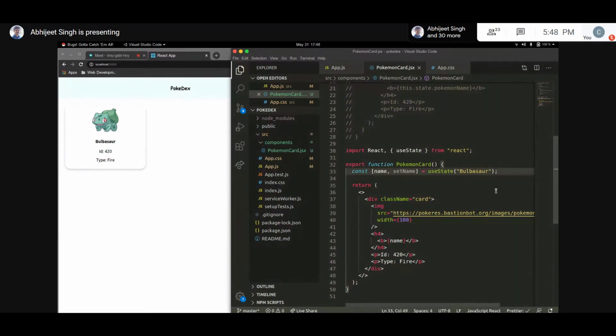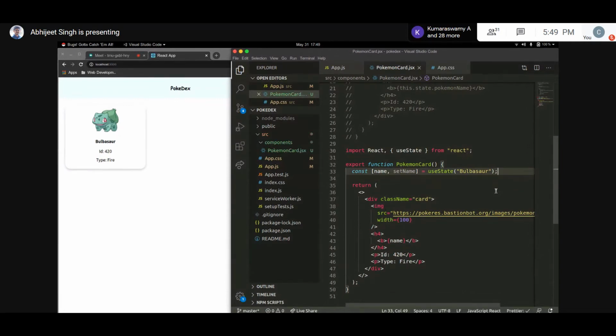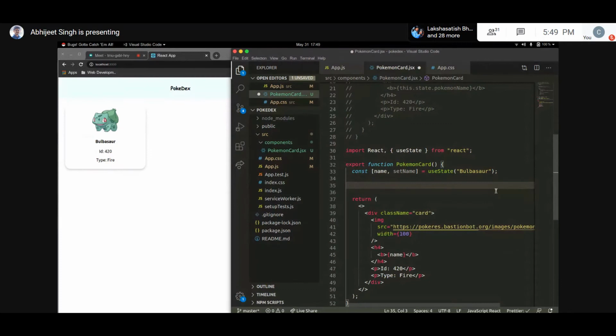So to actually re-render your application, you have to trigger something that changes the state of the application. If you just change variables, that won't work. So if you just set, say, name is equal to Charizard, that won't actually work. The correct way to do it is to use the function that your useState gives you. You will use that inside useEffect. Now we're calling setName inside useEffect, and inside this we'll set the value, and now it's changed to Pikachu.